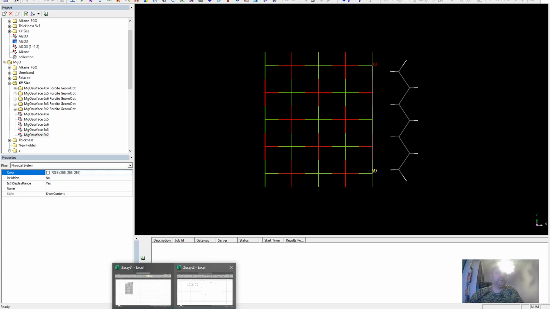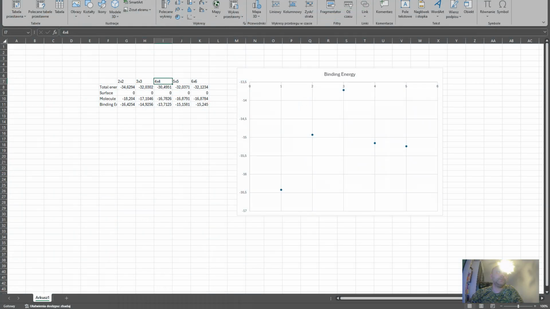Okay, so in the previous video we were calculating the binding energy of the MgO system by varying the system size, and in this way we wanted to choose the minimal system size that is appropriate for our purposes. The problem, however, was that